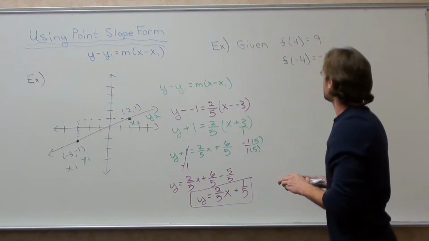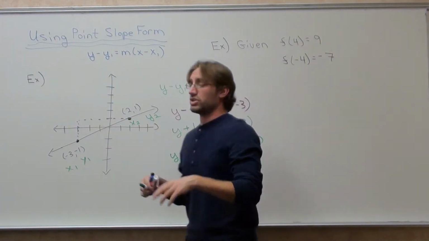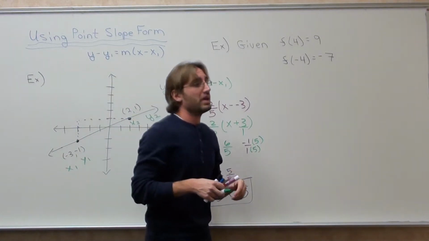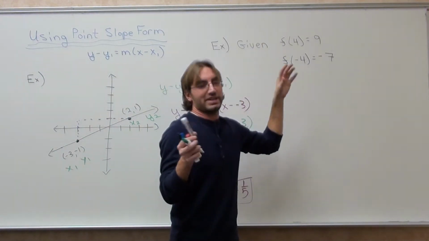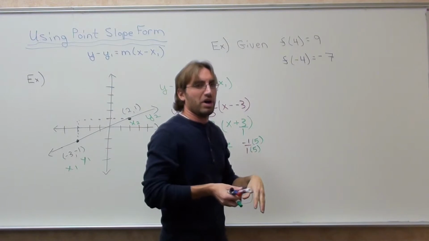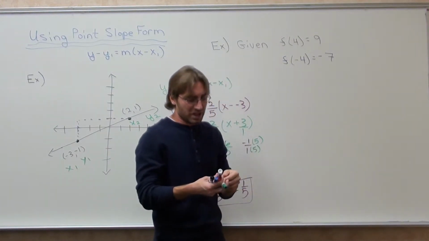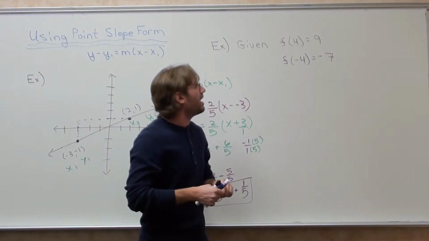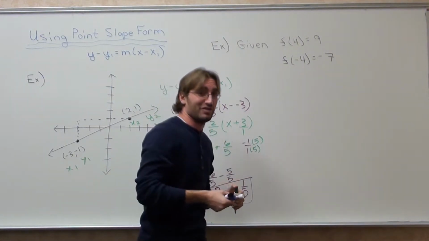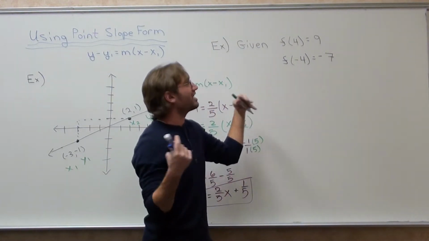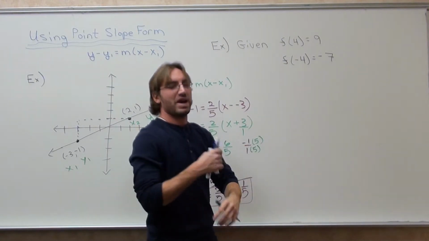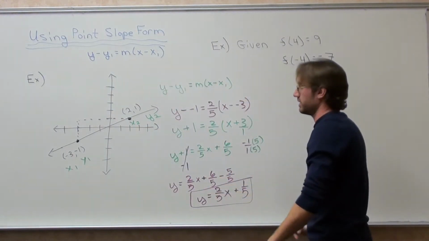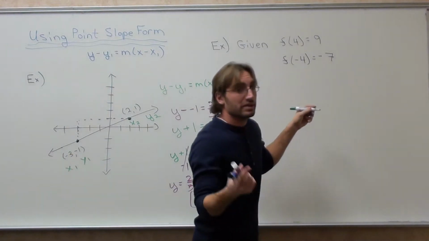Moving along. I got this last problem, this function notation problem. It's basically a graph. Well, it is a linear equation. It's a graph, but it's showing it to you in a different form and saying, okay, solve me if you can. Well, we're going to solve you. If you paid attention to my lesson on functional notation, you'll find that it's really not that intimidating. Basically, what functional notation means is this: